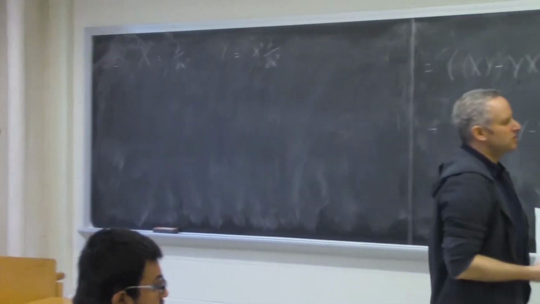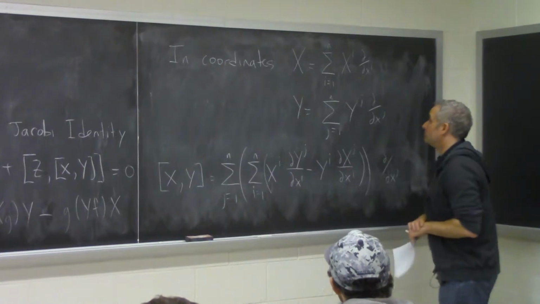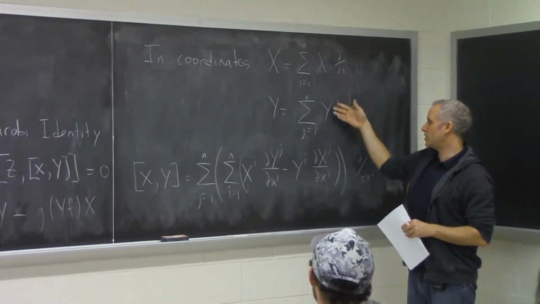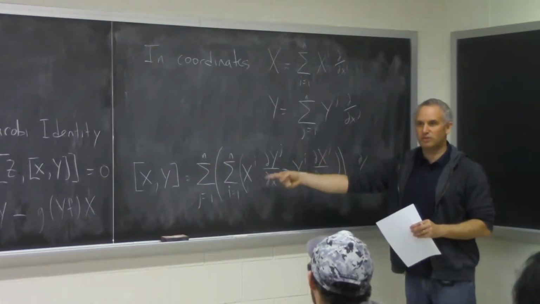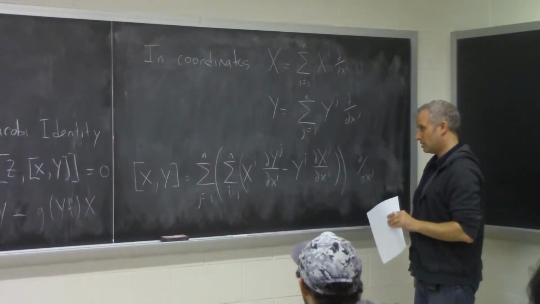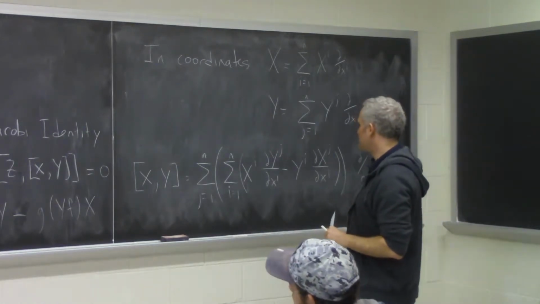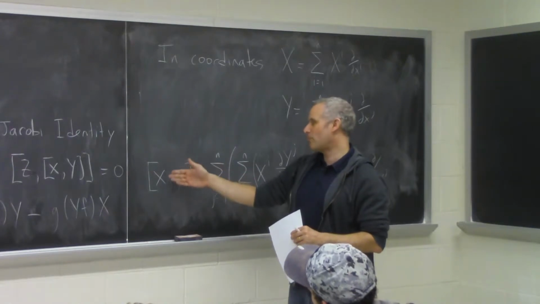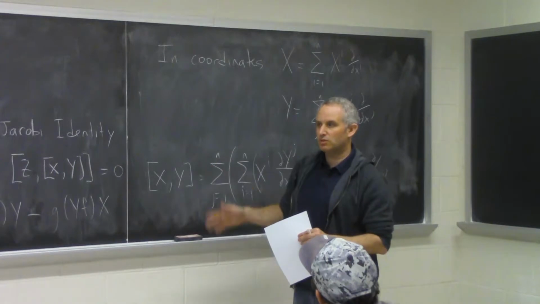So this formula tells you right away that if both sets of coefficient functions are constant, then we're going to get 0. Right? We're going to be taking partial derivatives of constant functions all the time. So that's why we have an actual function in the second vector field. It tells you that if you do the Lie bracket of ∂/∂xᵢ, ∂/∂xⱼ, you just get 0 all the time. Okay, those are all 0.